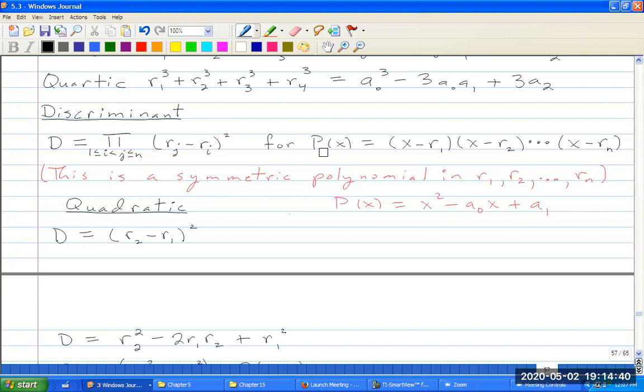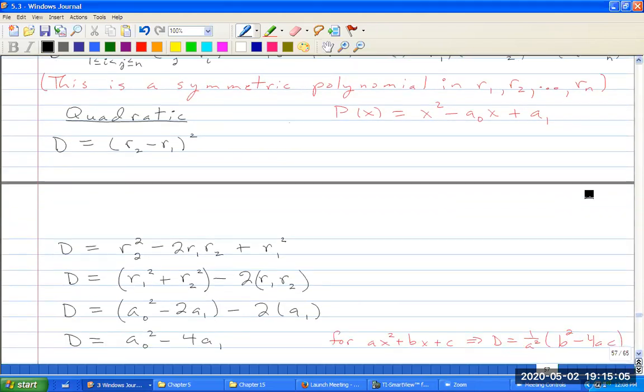And this is for a polynomial of the form (x - R1)(x - R2)...(x - Rn). This discriminant, so it's just any monic polynomial, is a symmetric polynomial in the roots R1 through Rn. And so, in particular, for the quadratic equation,